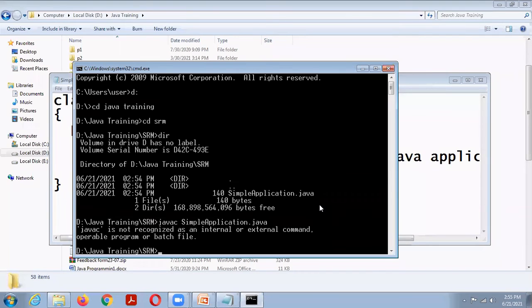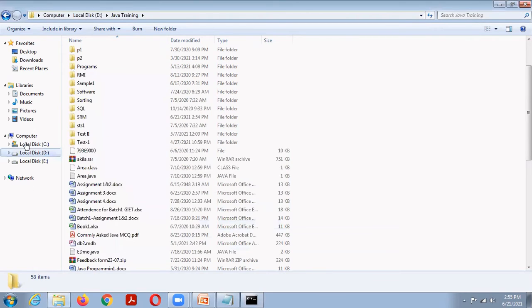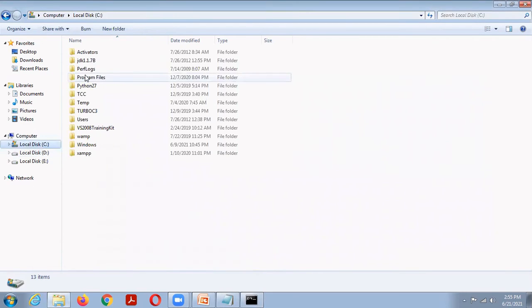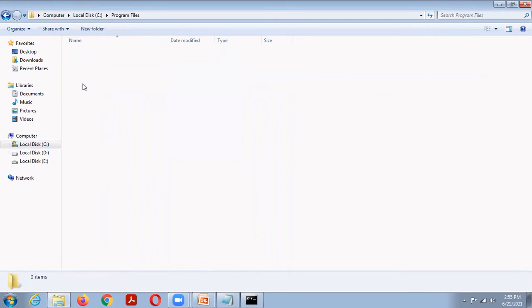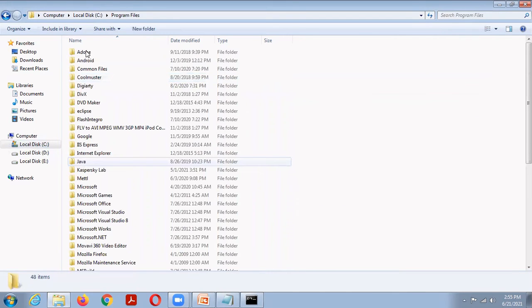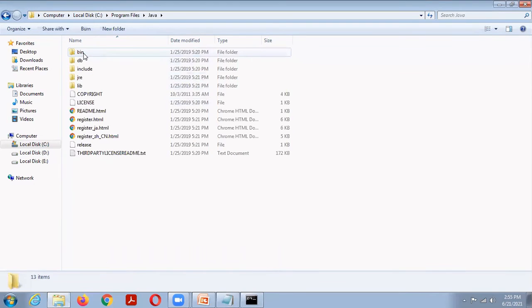Here you see, javac is not recognized as an internal or external command, operable program or batch file. That means there is no path to the JDK. So we need to set the path to the JDK. Here, C:, Program Files, Java, JDK 1.7 is there, bin.